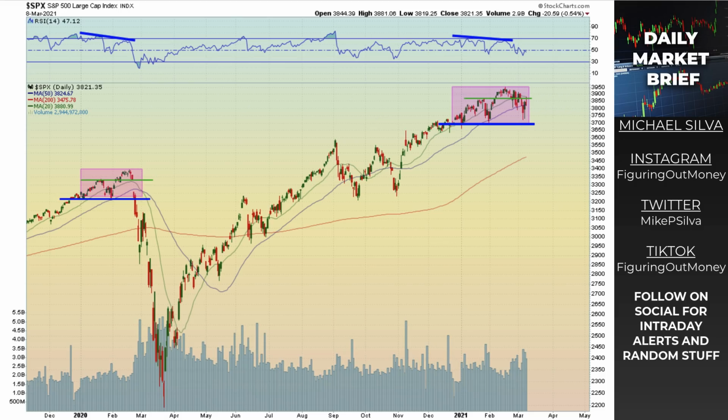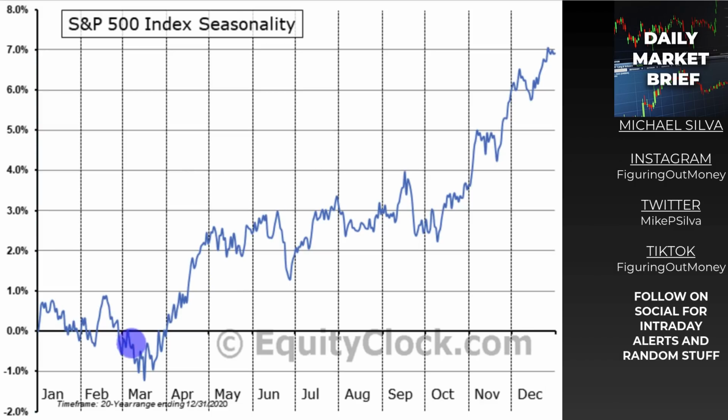However, from a seasonality perspective, what I want to really call out here is I wanted you to look from here on April. And April was right here around this bottom. And then we really saw a big move to the upside. And we're coming into April, we're still in March, but we're going to be coming into April here soon. And March, from a seasonality perspective, typically is quite choppy.